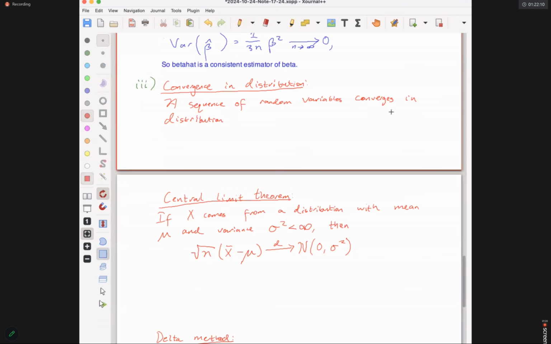Oh, and I should say here what the sequence is. So I'll refer to my sequence as x1, x2, up to xn, converges in distribution to a random variable x if